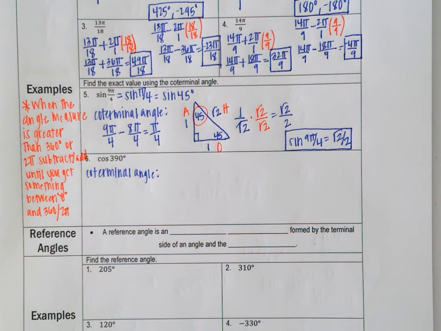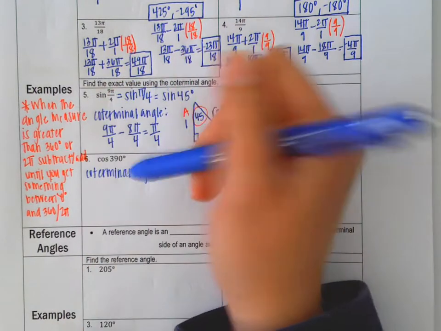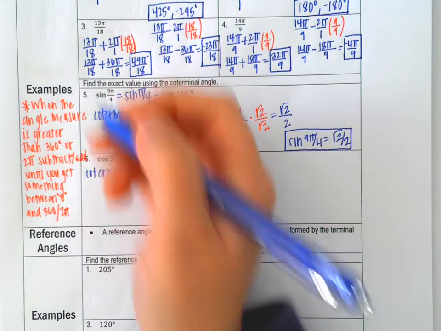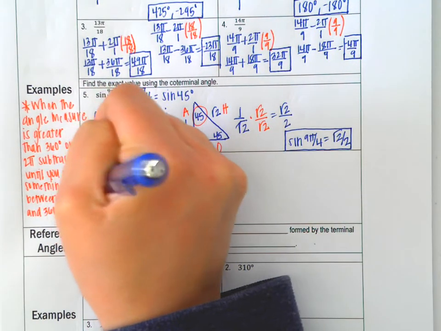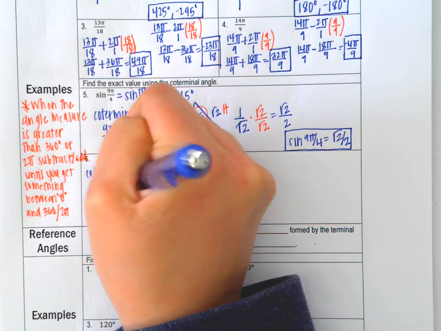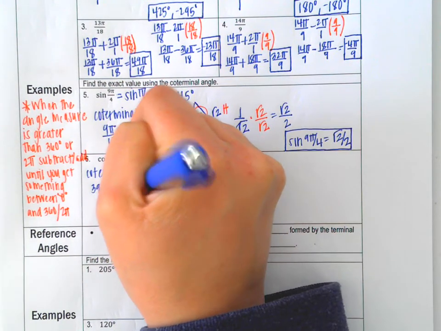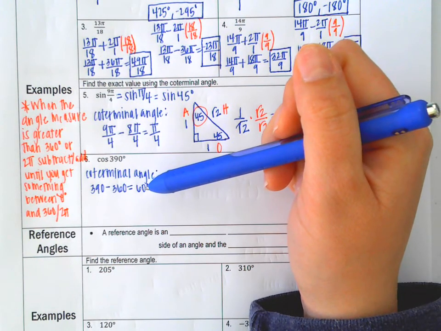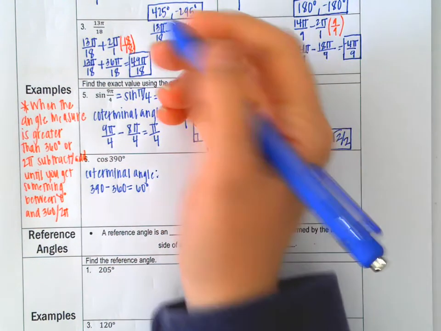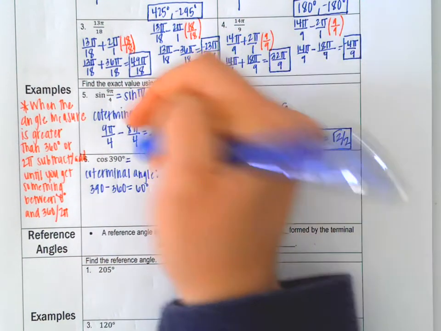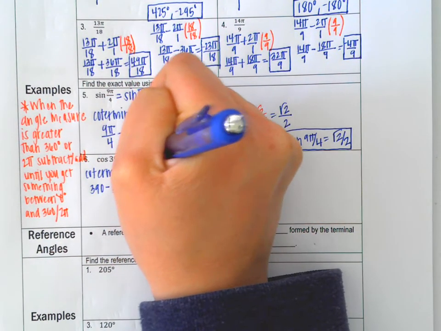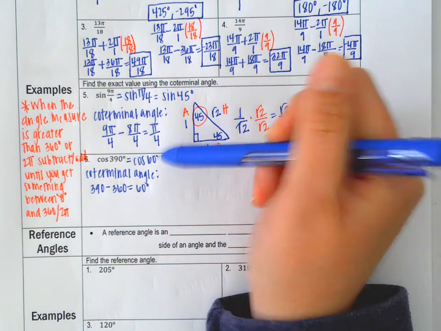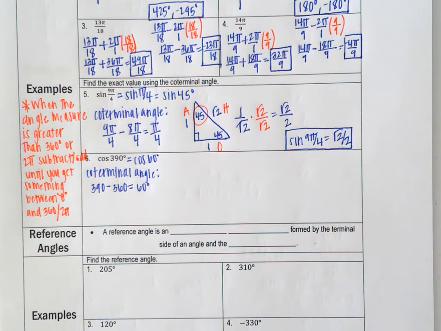So my coterminal angle, we know 390 is greater than 360. So I'm going to subtract 360 to get 60 degrees. So 60 degrees is at the same spot as 390. So that means that the cosine of 390 is going to be exactly the same as cosine of 60. And we know how to find the cosine of,